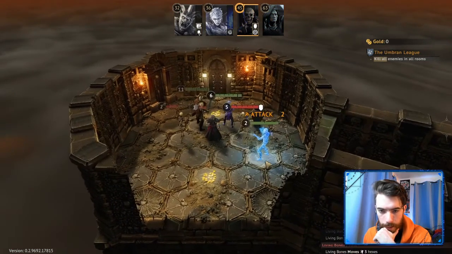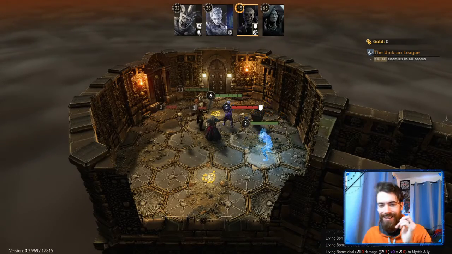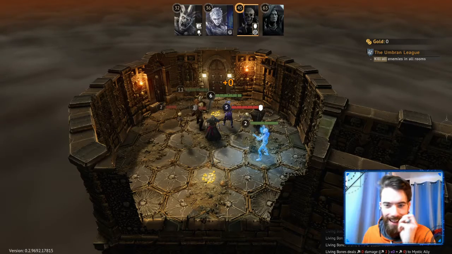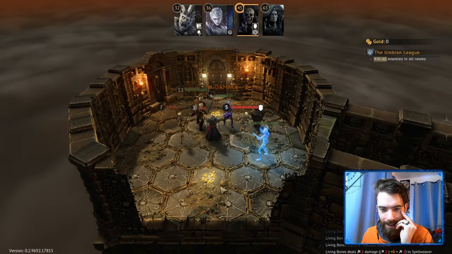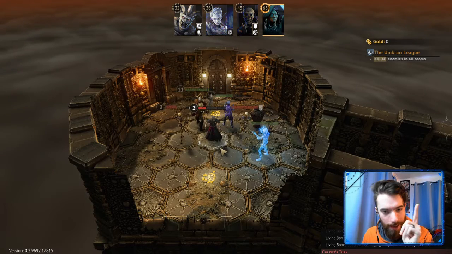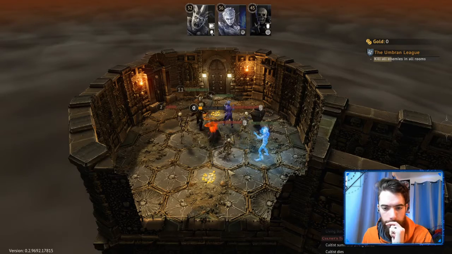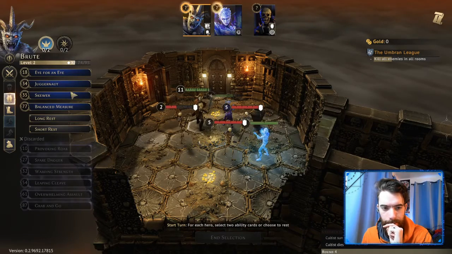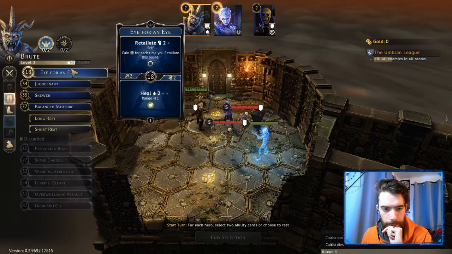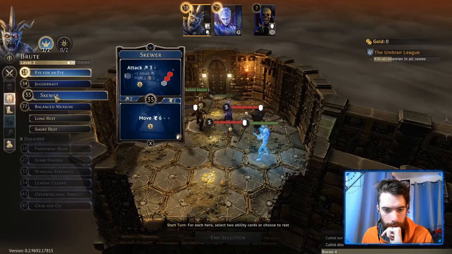This guy's... no. Oh, yes! Crit fail, the summon is still alive! And the Spellweaver can't take too many more of those, but we can take one. Okay. We can take Eye for an Eye, that gives us a heal. And then we can take...